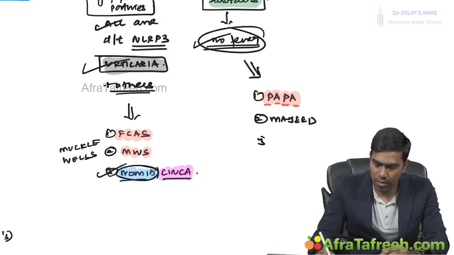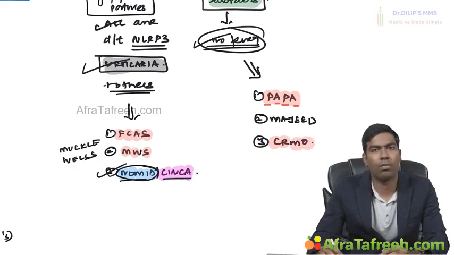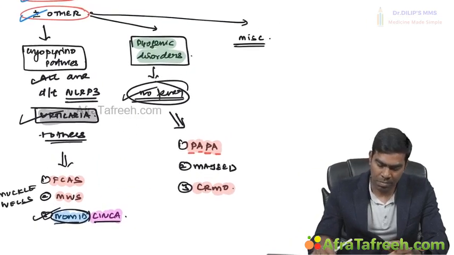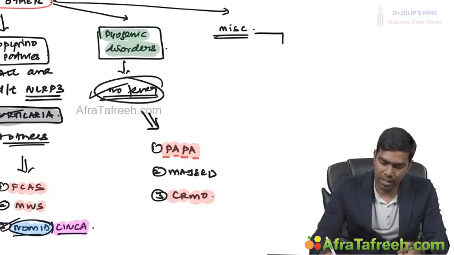And third one, you have something called CRMO, that is called chronic recurrent multifocal osteomyelitis. It's a bone problem. This is what we call CRMO, which comes under pyogenic disorders. Miscellaneous are there. Miscellaneous, you have something called